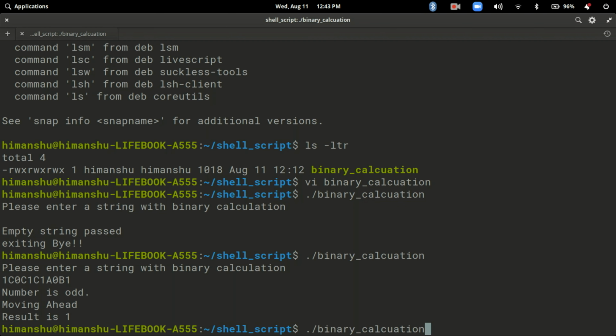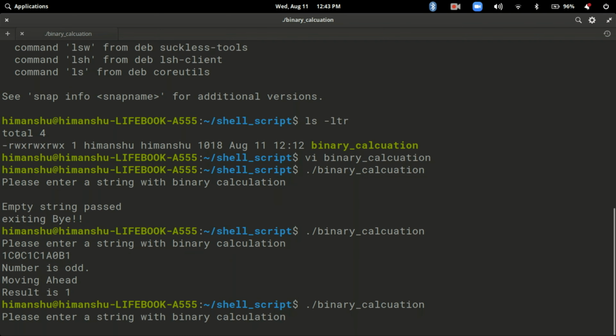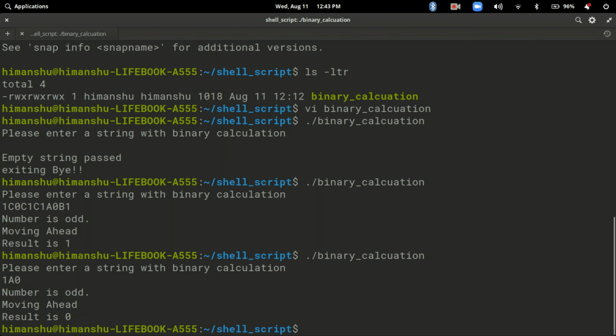So whatever value you give, based on that, let's say I will give 1 and 0. That means between 1 and 0, the AND operation is being performed, and the output will be 0, because AND needs both to be true to give the result as 1. I hope this was clear. You can do it in multiple ways. There are multiple options you can try. This is one method that I have explained.